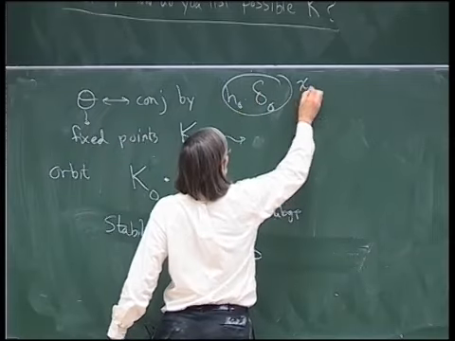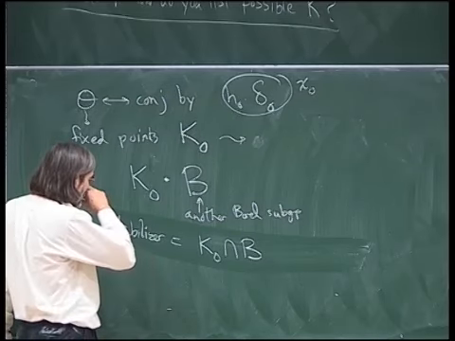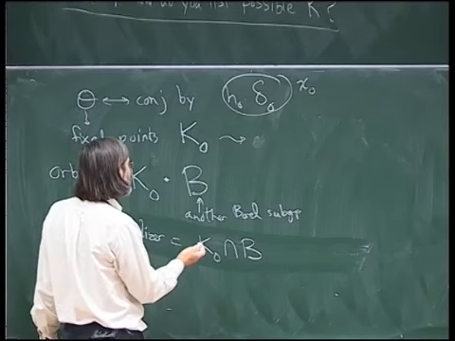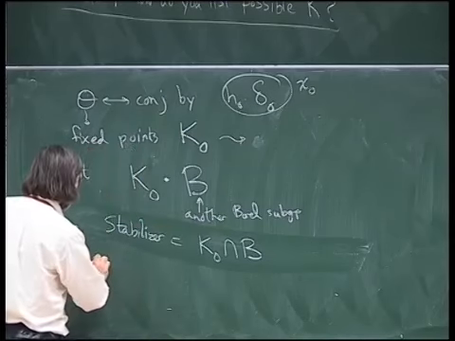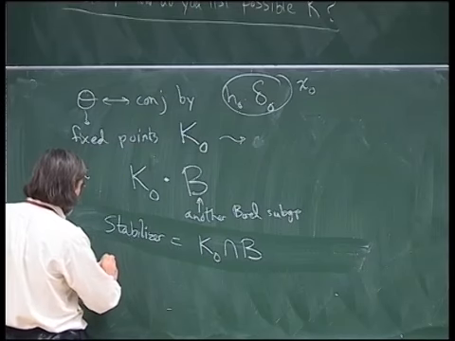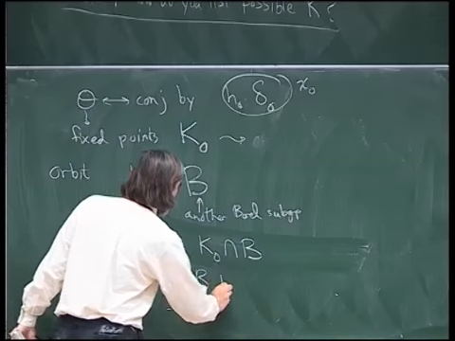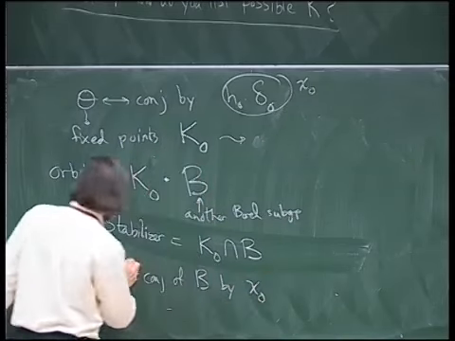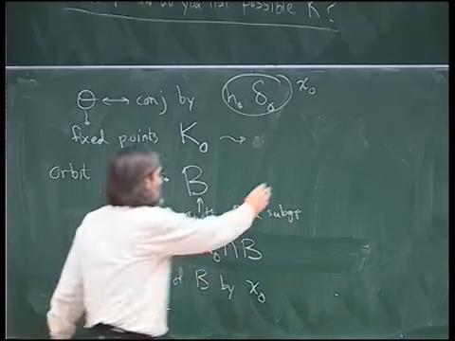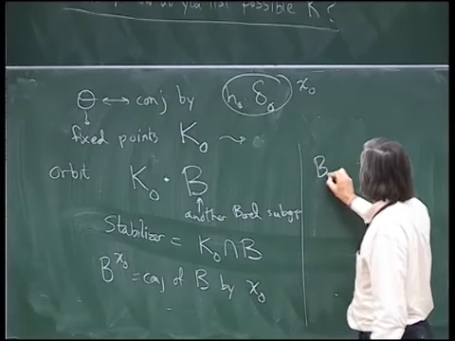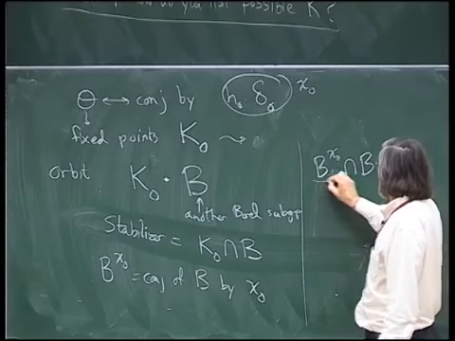I mean, this is x0. So what happens is there's another Borel subgroup. This is the conjugate of B by this x0 that's somehow relevant here. And what you have to do, I mean, the intersection of these two things is